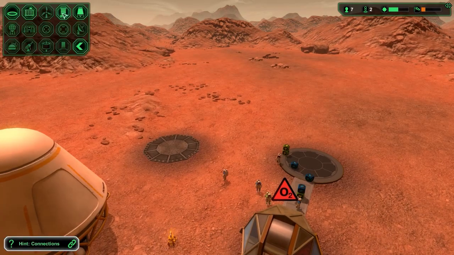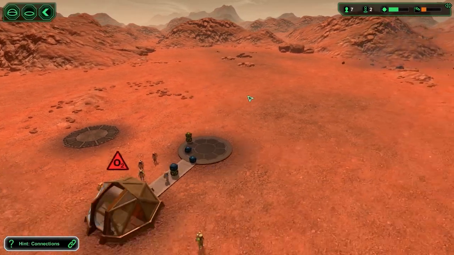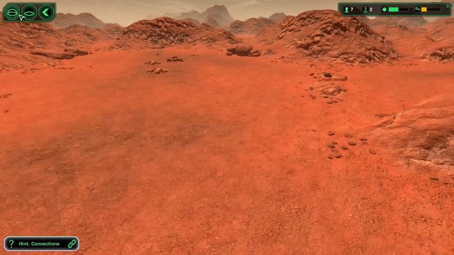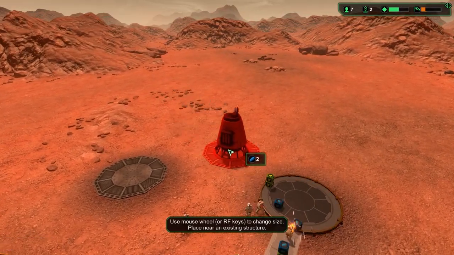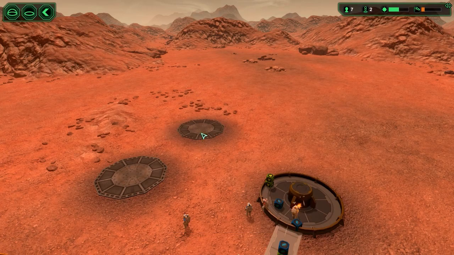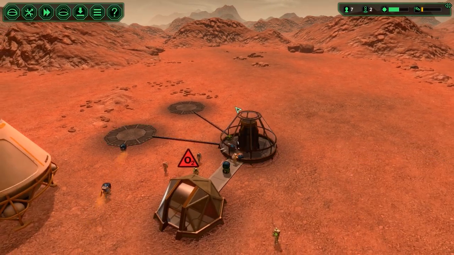Then what I want to do is also build a powered storage solution system. That's an asteroid. Actually, no, we don't. We want to build some water. I'm going to build a water extractor. I'm going to build the biggest one I can and connect it straight up to this thing. So we're going to connect that up to there, and connect that up to there, connect everything to the